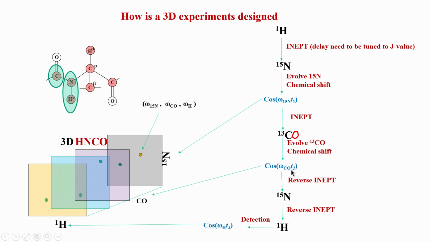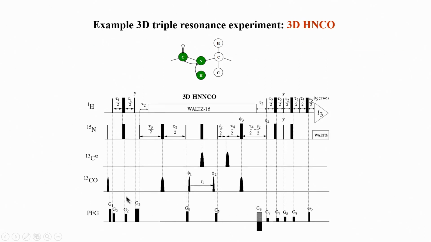But what it is actually doing is implementing this design. Remember, what is important is to understand this design, and this is just a matter of converting the design into the language of the pulse program and putting it in the spectrometer. This is a little advanced concept, so we do not need to worry about this. It is just shown for you to have a feel of how actually these things are put in. It is like a blueprint, like how architects in construction companies make drawings of their buildings and show all these scales. Similarly, this is like a blueprint of an NMR experiment which has to be implemented on a computer, but we do not need to worry about this.